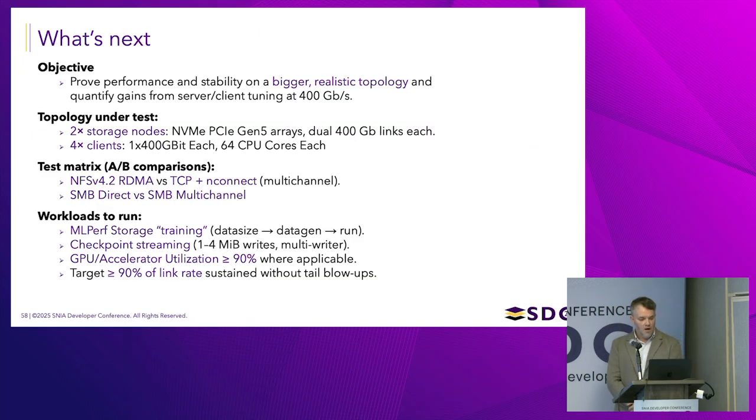So I have in mind my next evaluation. I'm going to prove the performance stability on a bigger and more realistic topology with more client and server nodes, and maybe with a fine-tuned 400 gig network. So I'm going to run my next evaluation, having 2 storage nodes for at least 4 clients, and to compare SMB and NFS again with more tuning